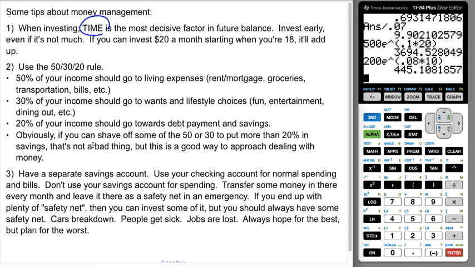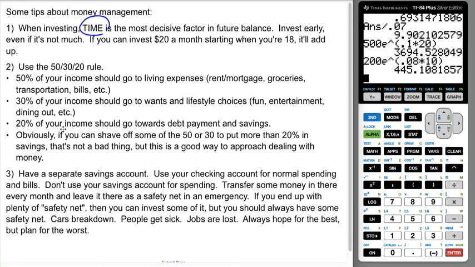So 50% of your income should go to things like living expenses, rent, mortgage, groceries, transportation, bills, right? Making sure that you have heat and water and gas and whatever else you need, etc. Okay? 30% of your income should go to wants and lifestyle choices, things like fun and entertainment and dining out, which I get is all kind of weird right now in the middle of a pandemic, but 30% should go to stuff that